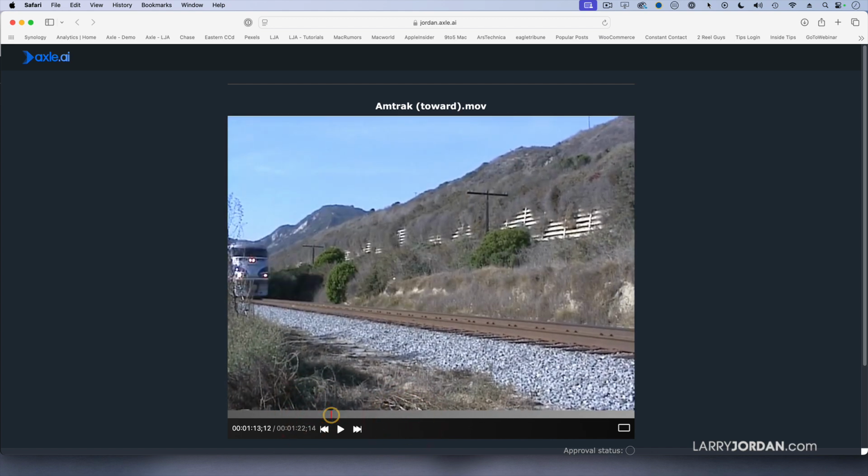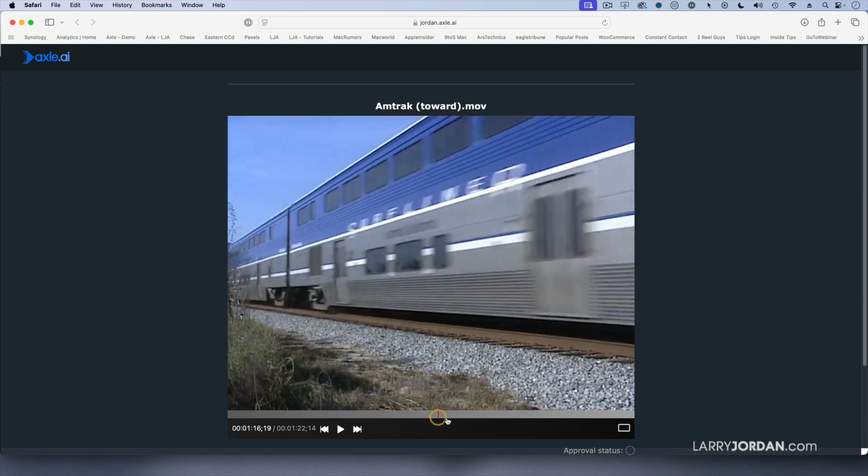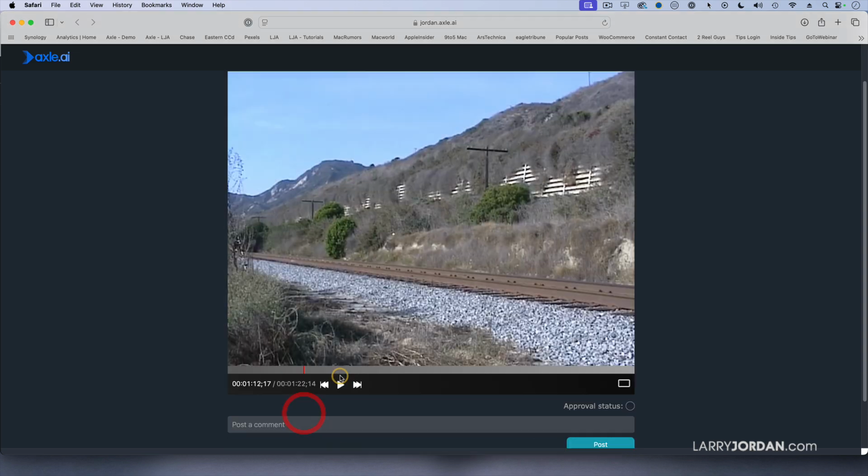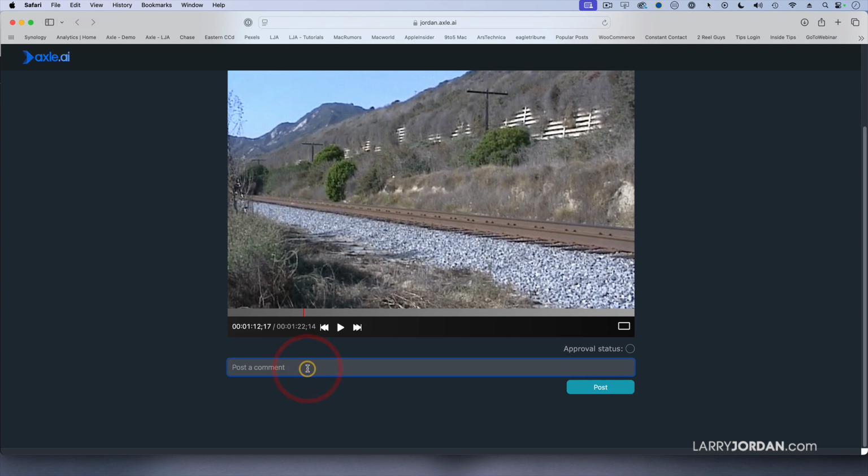The customer's playing the video, can play the video, and says, let's go down here. I want to add a comment. This takes too long to see the train. And notice where my playhead is. It's not at the beginning. It's right there. When I click Post, notice that it now takes that comment and shows where the comment is,